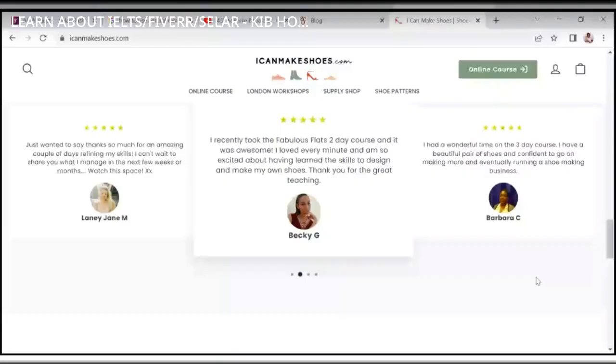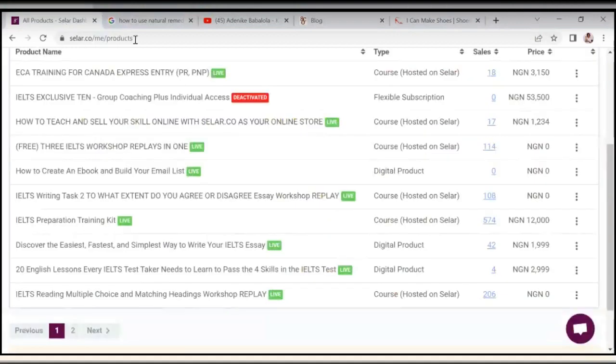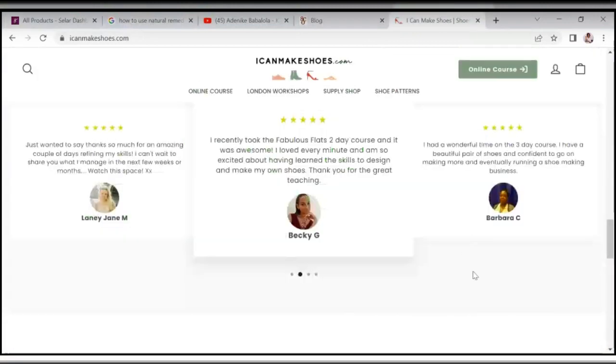The people who read your free stuff, who watch your free stuff, are most likely part of those that you eventually sell to later. Because the way sales and marketing works is the way we get into relationships today: without saying we want to get married today, we take some time, whether it's months or years. That's the same way sales and marketing works. Even though Selar is going to allow you to have products like this, the point is you need to already know the people that you are going to sell to. And before you can know them, you must have been spending some time with them first before you can say, okay, come and buy what I'm selling.